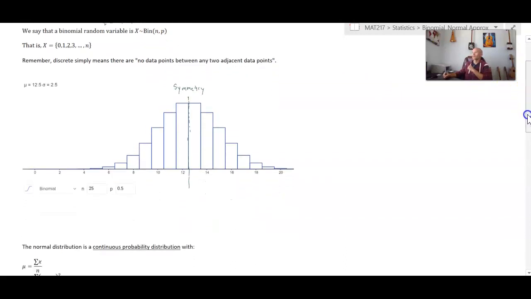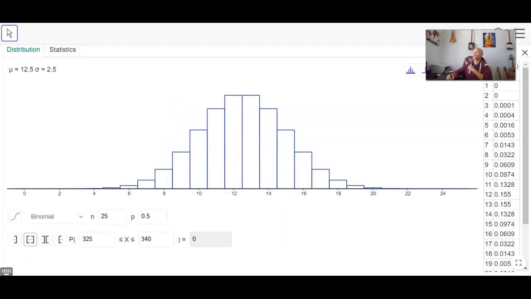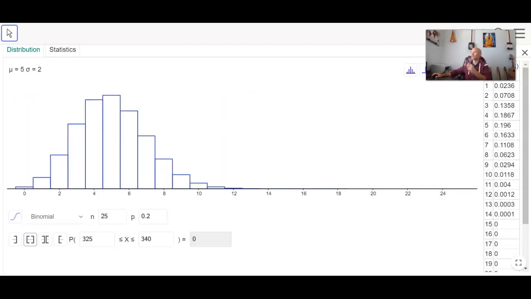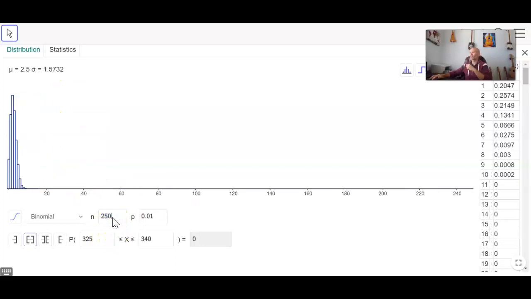Okay, so this is just an example of one of those binomial distributions, and we can look at different n. We could make this n smaller. We could even change this probability. And as I mentioned, this is not completely symmetric, but it is symmetric-ish. However, the smaller I make that, we start to get some weird-looking skews and things like that. However, if I make n large enough,